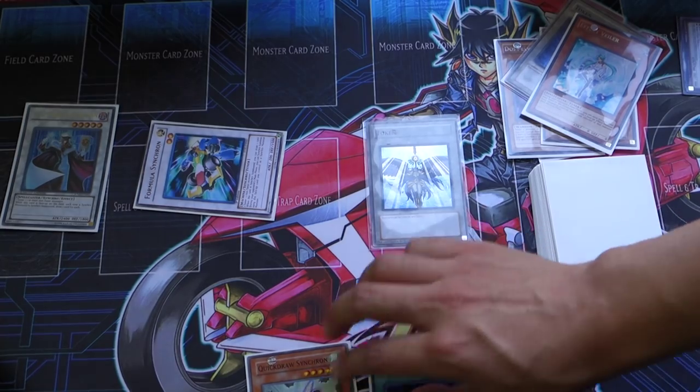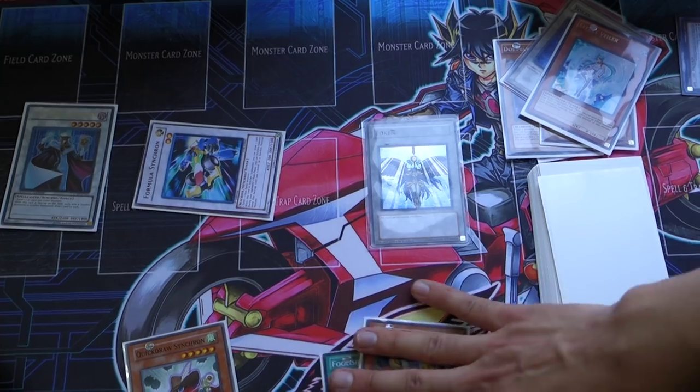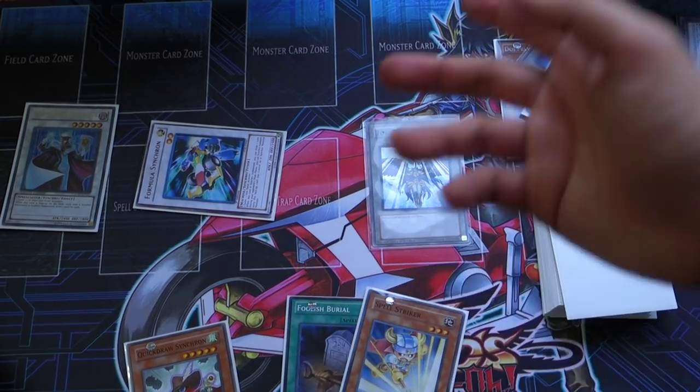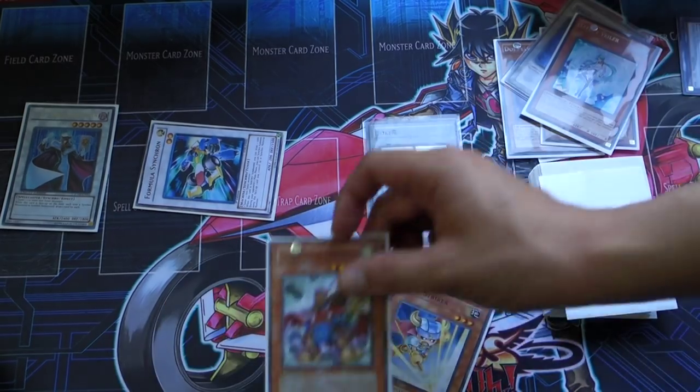Oh my gosh, Foolish. And then after Foolish and Spell... Wow, oh my gosh. Well, this is auto win anyways. We could pull off Quasar anyways. We don't even need these cards, but we're going to draw more. Okay, so now what we're going to do is...